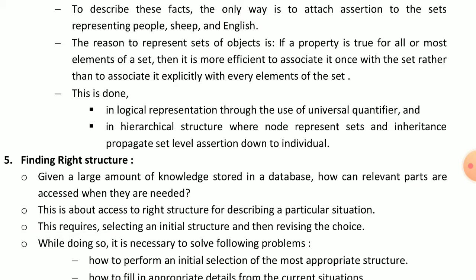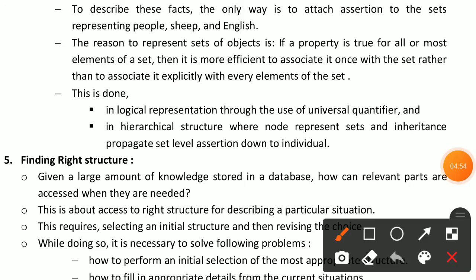Like in logical representation through the use of the universal quantifier. This concept is in maths. In logical representation we can use the universal quantifier, and in a hierarchical structure we can represent the nodes, like top to down.